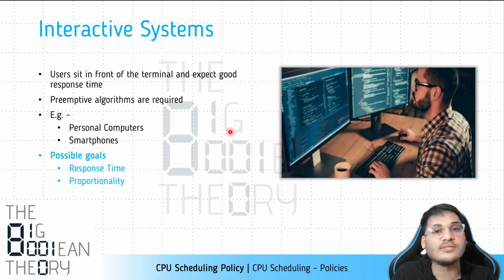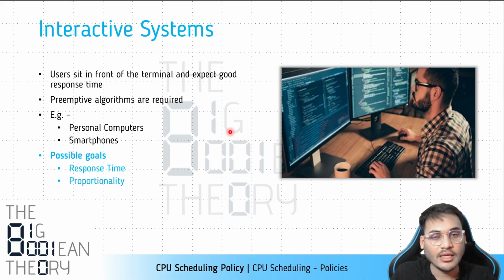Then what would happen is that the other programs in the system would not have a good response time. They would not even be responsive. So we do not want a system where only one program is running and the other programs are unresponsive. In an interactive system, the user is interacting with multiple programs, and in such a system, it is essential that whatever algorithm we use should be